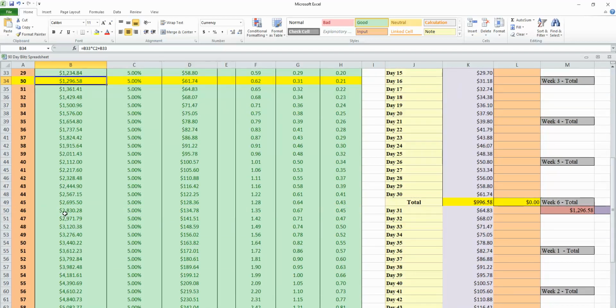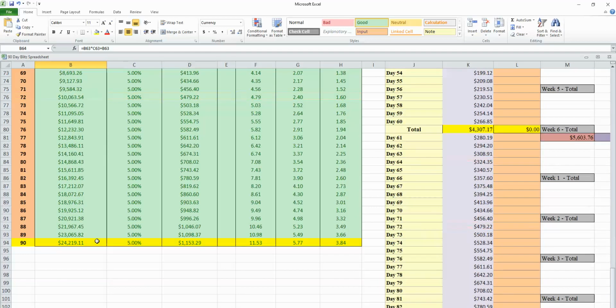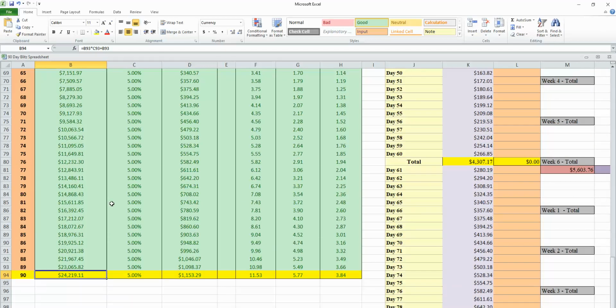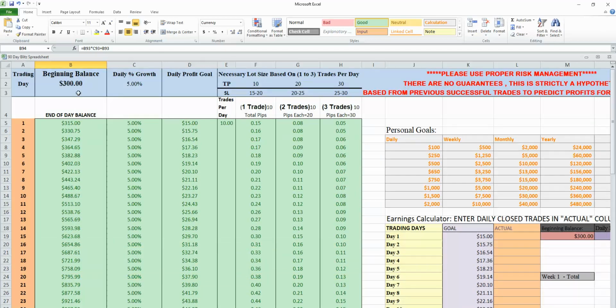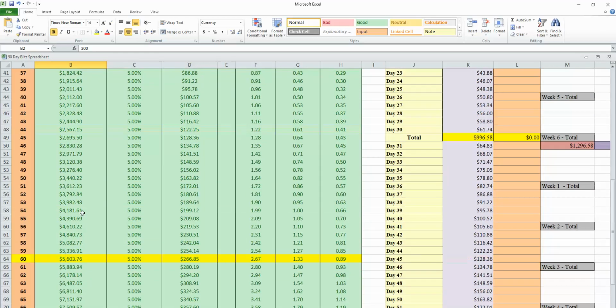So by day 60, if you keep on growing and compounding, which basically means you are not withdrawing, you're just letting the money keep increasing, you would have grown it to that amount. Now by day 90, it would have increased to 24,000. That is a huge amount. Now this is obviously assuming you did not withdraw anything. So what initially started out as a small account can actually grow to over 24,000 bucks if you are compounding,